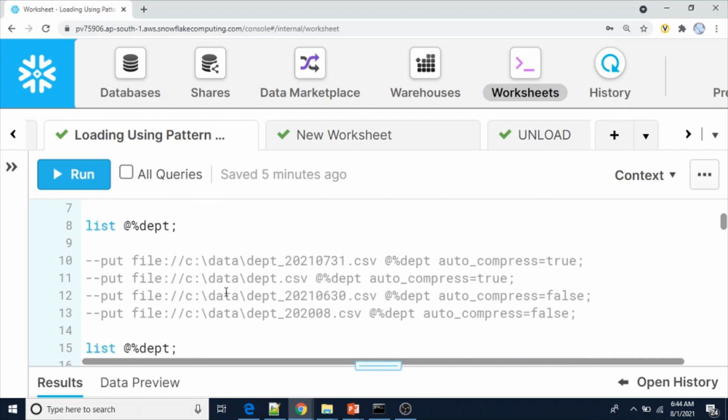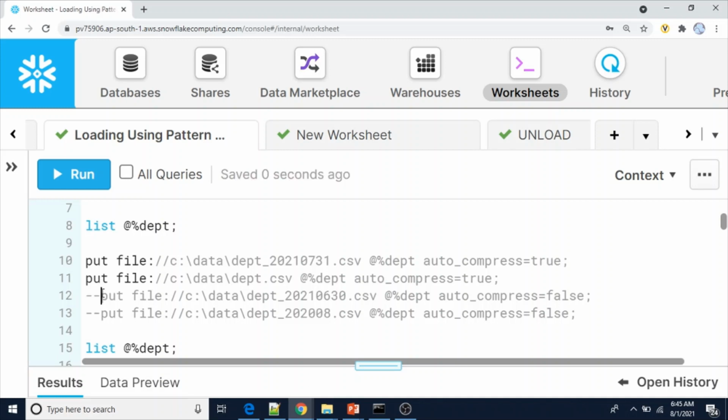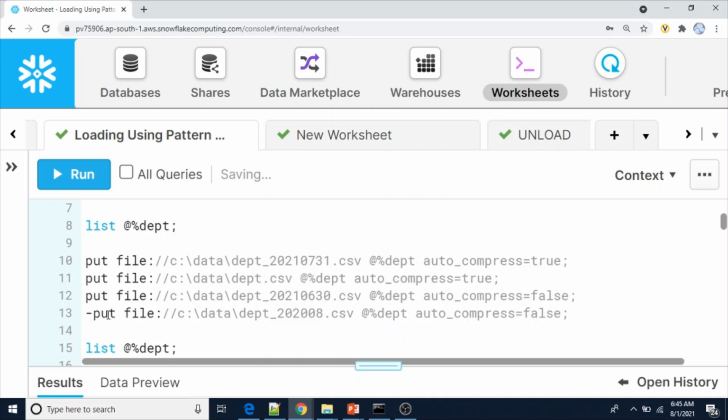I already created a few files in my system, so I'm just uploading them into this table stage. These are the files. As you all know, we cannot run the put or get commands from the web UI. So we have to execute these from the SnowSQL client. Let me take all the 4 files. Here I am maintaining the department related files, 4 files with different name combinations. And please note that there are compressed files and